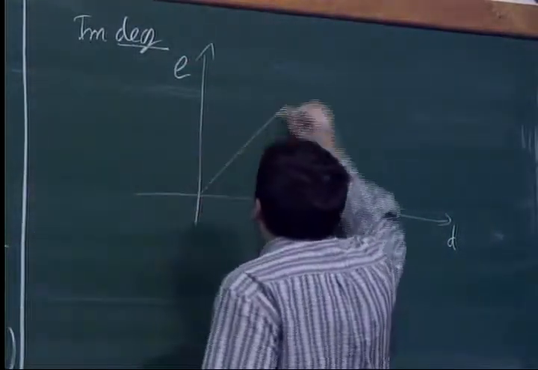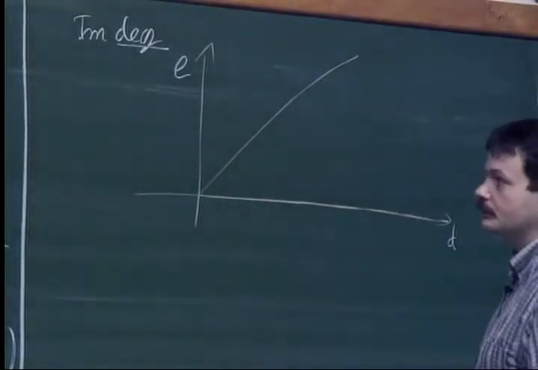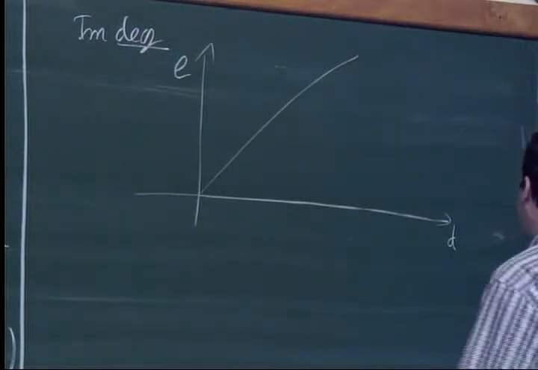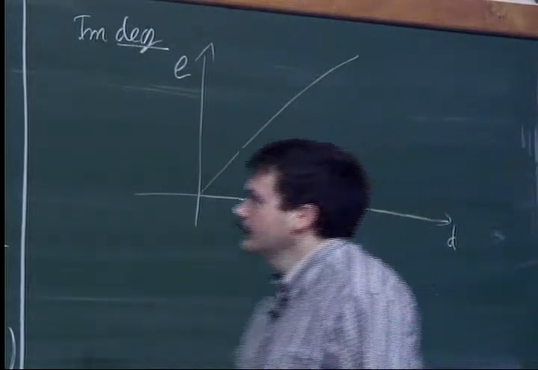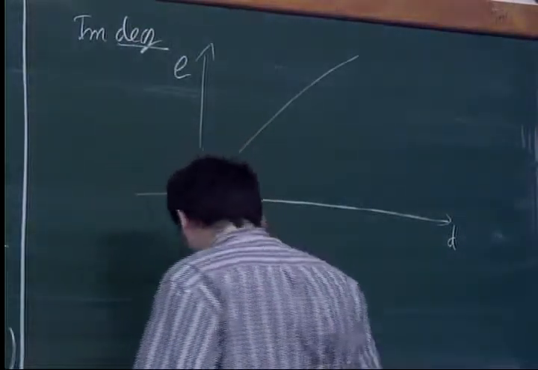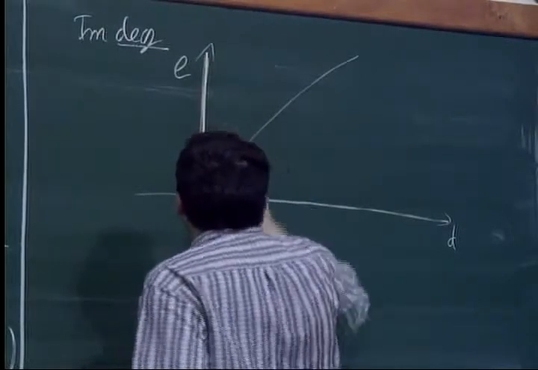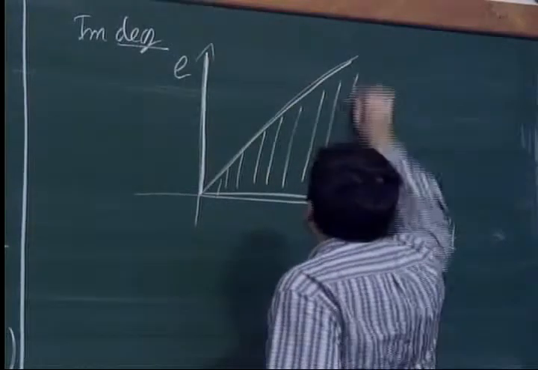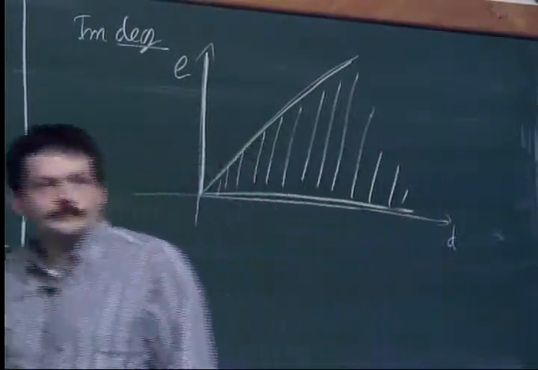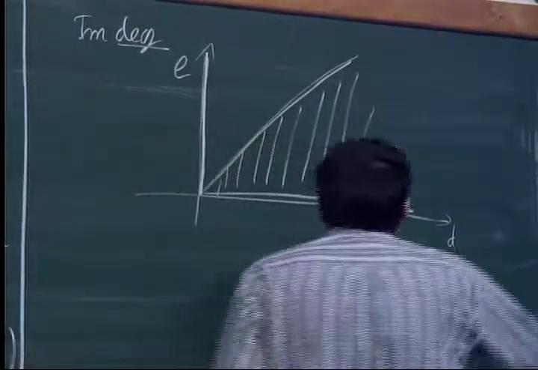But either D is equal to 0, then we are on that line, or we are in that cone. And what is this cone? Well, this cone is in fact